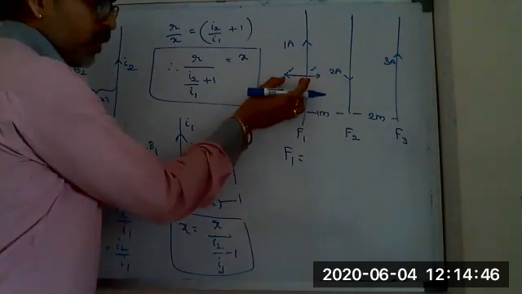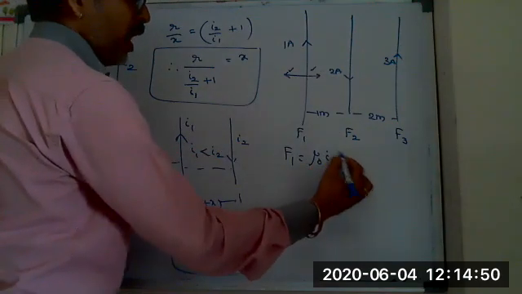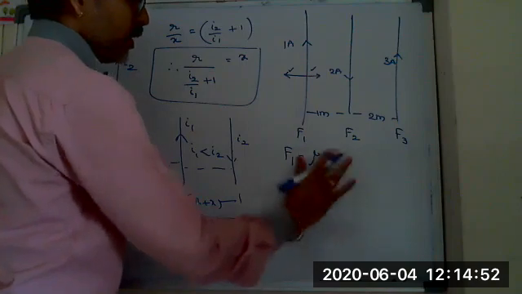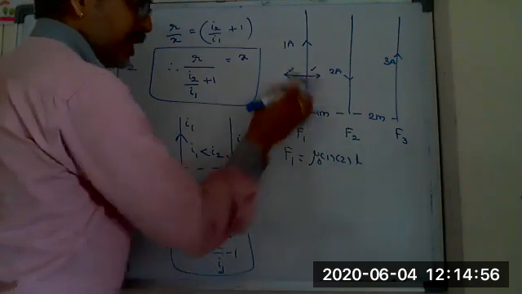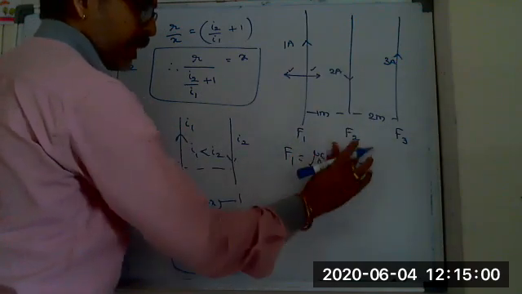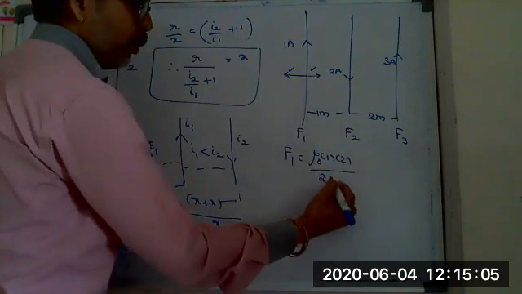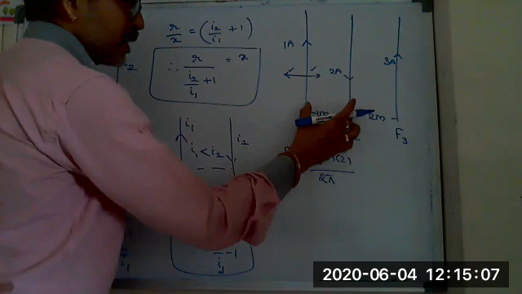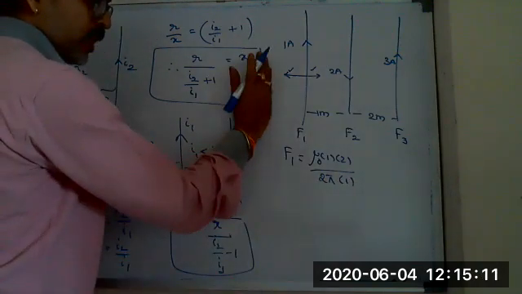The leftward force is the force between these 2, which is mu naught I1 I2, that is 1 into 2, into L. Generally here they are infinite length. That's why all the time we take force per unit length, so force per unit length divided by 2 pi r. The distance between these 2 is 1. This is your first force.